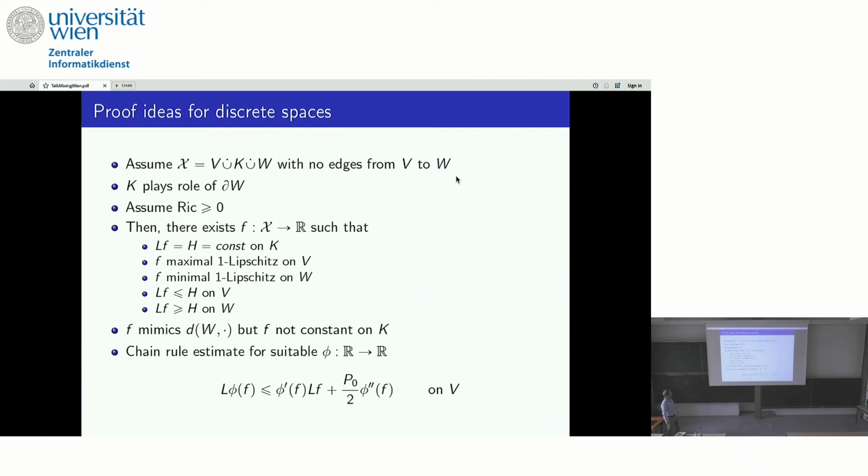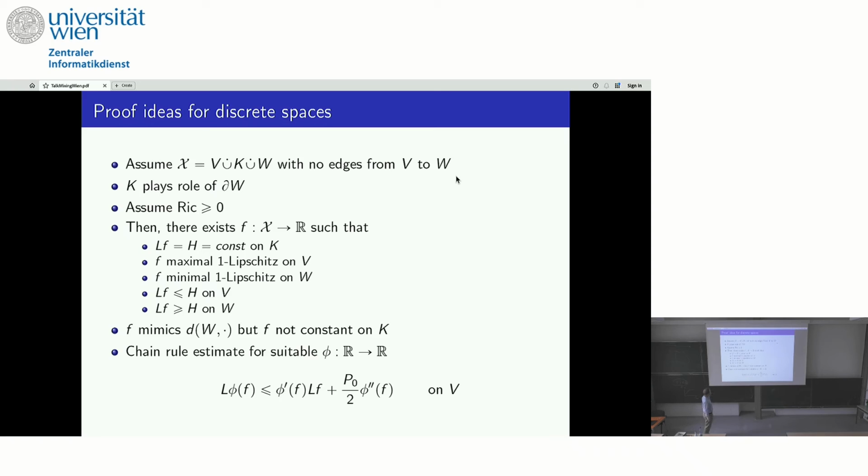So one severe drawback is if you want to mimic mean curvature, you would love that the function is roughly constant on K. But I don't see any chance to make this happen. I was trying for 2 years, but it didn't work. So at the end, I just accepted we don't get it. But the nice thing is, even if you don't have that F is roughly constant on K, you can still proceed like in the manifold case, and use your chain rule to get finally the isoperimetric and the Log-Sobolev constant.